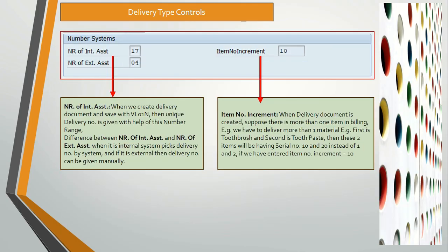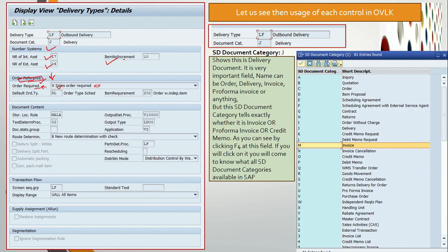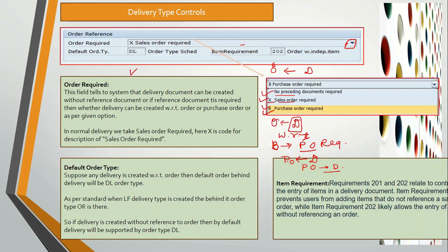Currently, which delivery type are we working on? This is LF. So the LF delivery type can only be created if a sales order is there. In this case, if we select B here, then it will be the purchase order. If we keep it blank, then it means delivery can be created without taking reference of any order, right? Now let us go to another option,